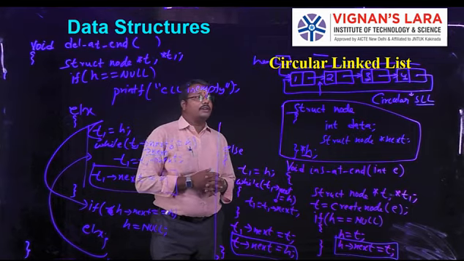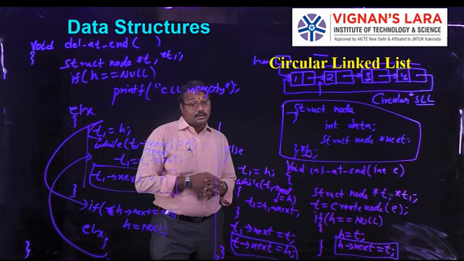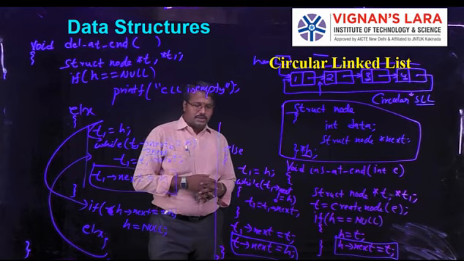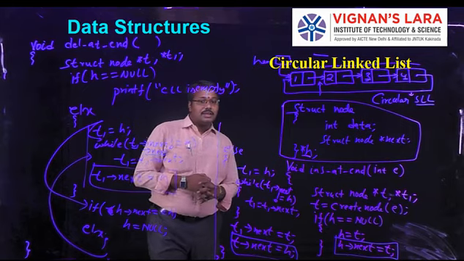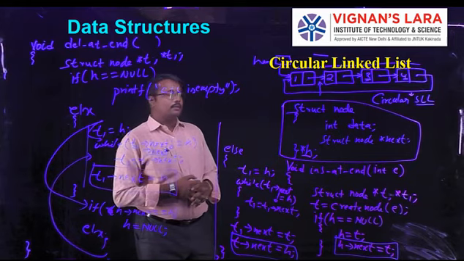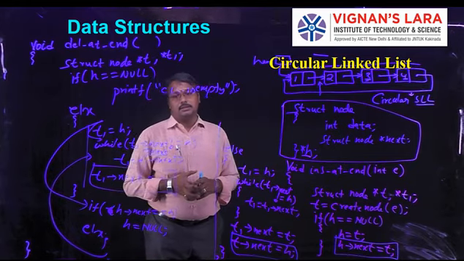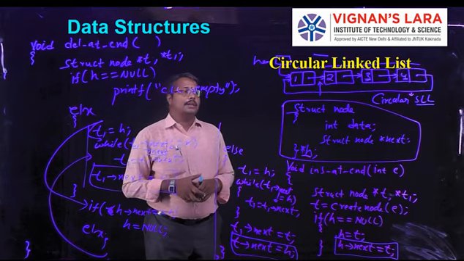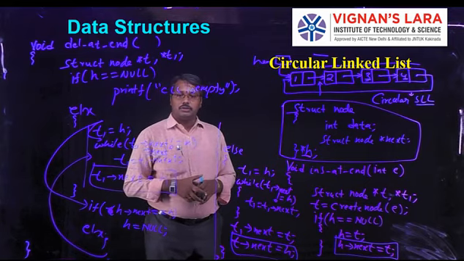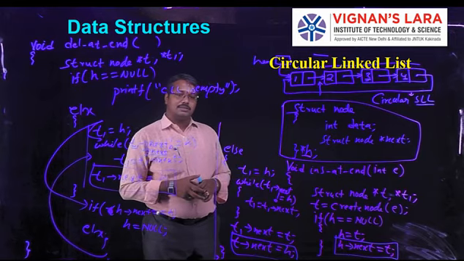Whenever we need a circular double linked list, the Fibonacci heap is one concept you may get in advanced data structures. For implementing Fibonacci heaps, we want to know how to construct a circular double linked list. So this is the importance of circular linked list. It's a very interesting concept. Many advantages are there.